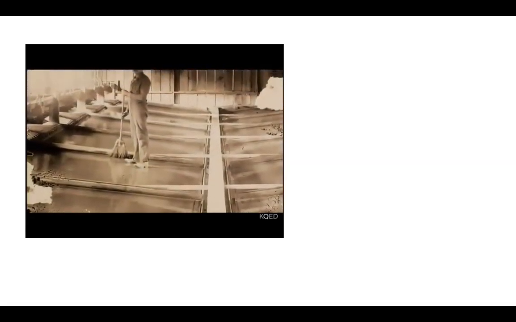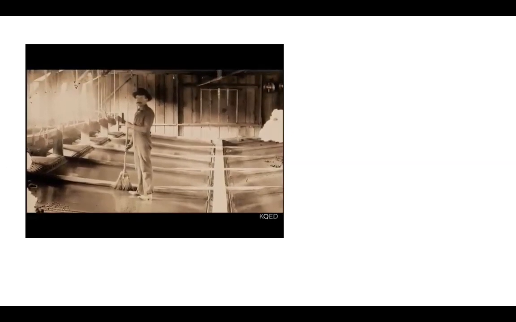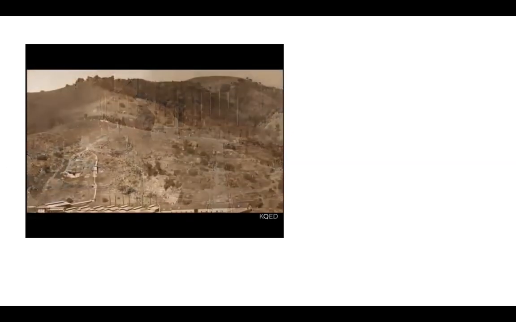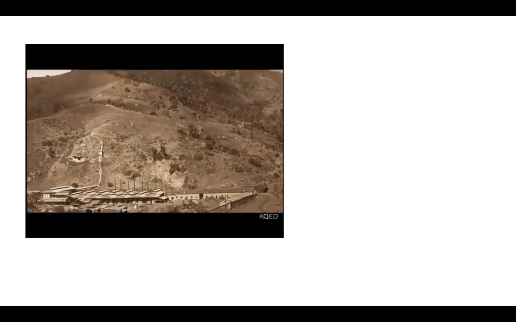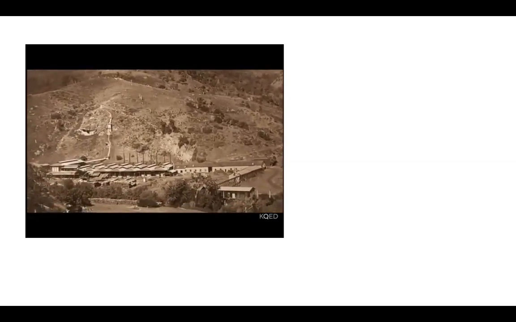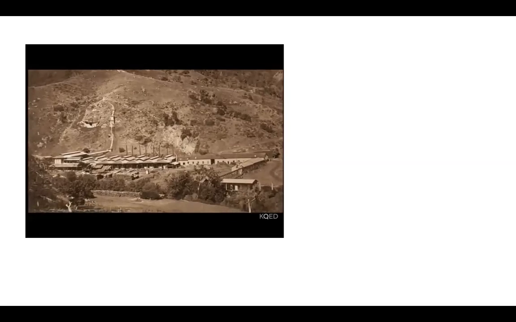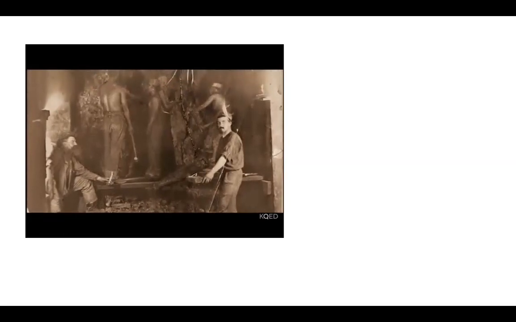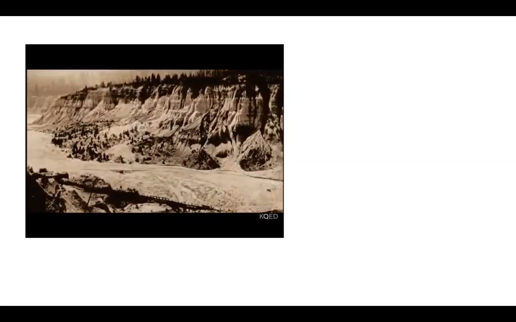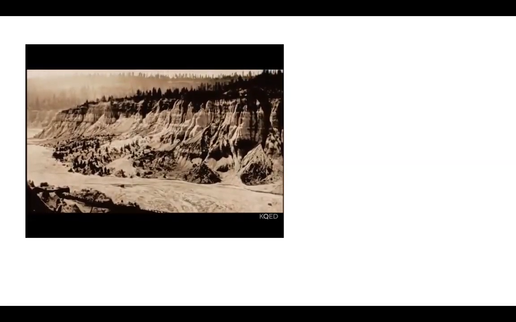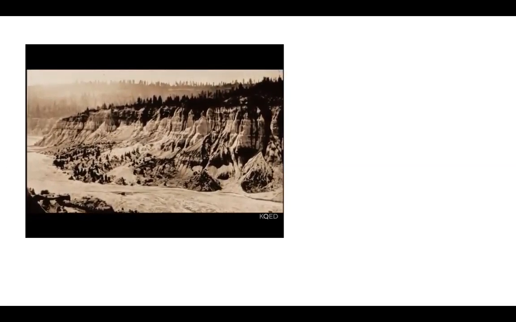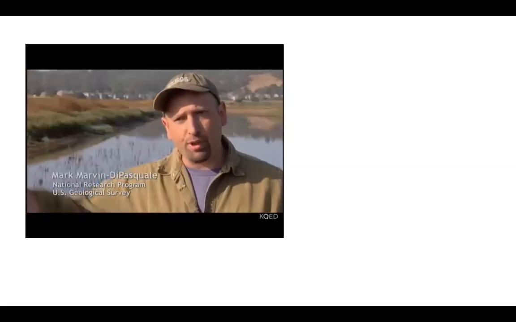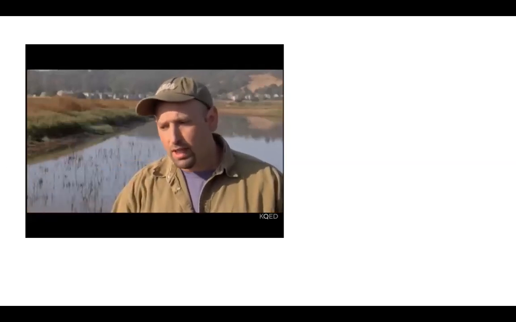Mercury was essential to the process of separating gold from ore, and as chance would have it, the source was close at hand. In the hills above San Francisco Bay, near San Jose, the new Almaden mine would become the largest mercury mine in North America. We have mines in the coast ranges that are the cinnabar mines, mercury sulfide mines where the mercury was mined, and there's mining that was done in the Sierra Nevada region where that purified elemental mercury was used to extract gold and silver. The Bay is still currently getting inputs from both of these types of mining regions.